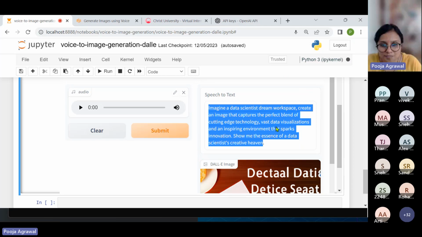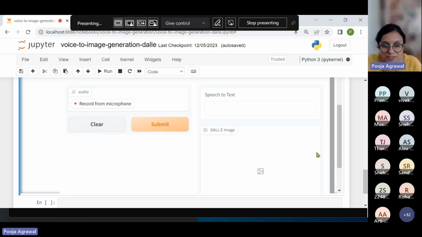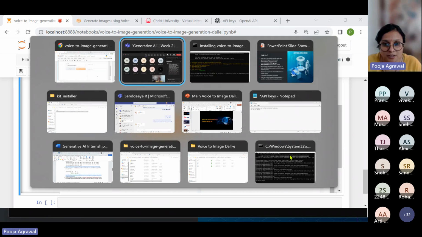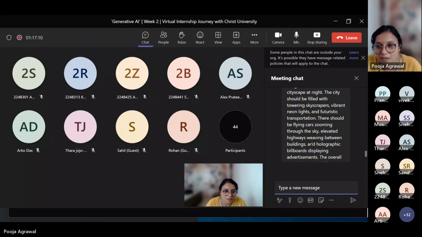So we'll have to see what works well. You may have to give a little bit more instruction. That is what prompt engineering is, that somehow you're able to get them to produce what is expected. Let's try something else and see what interesting thing it will produce. Any other suggestions for a prompt?